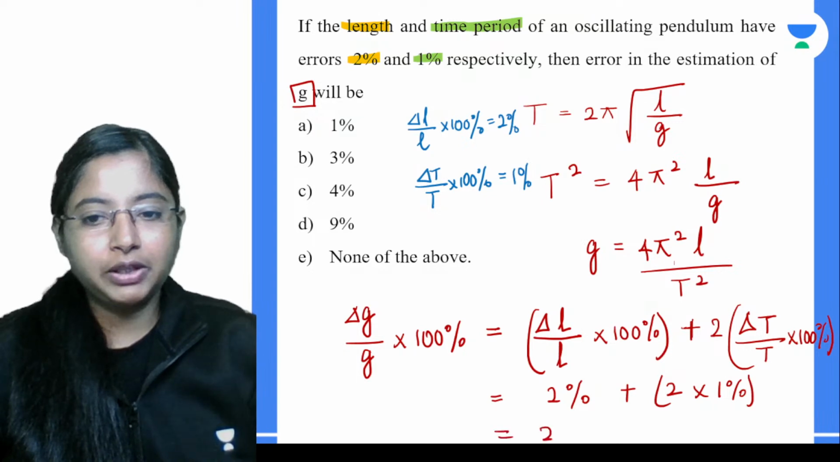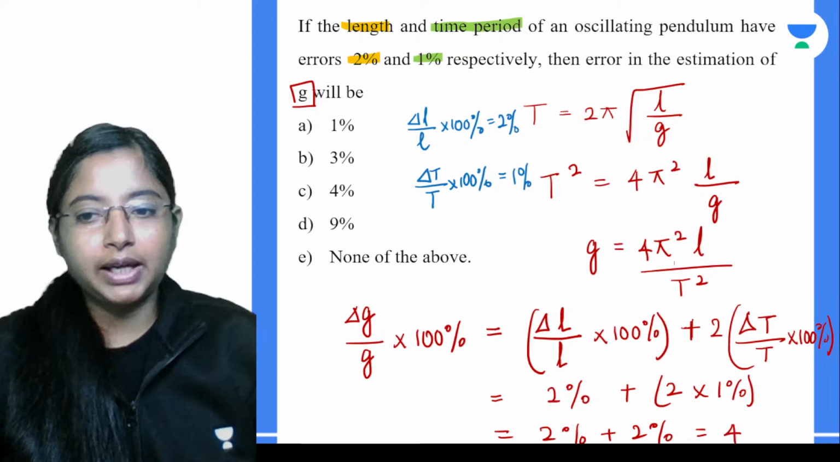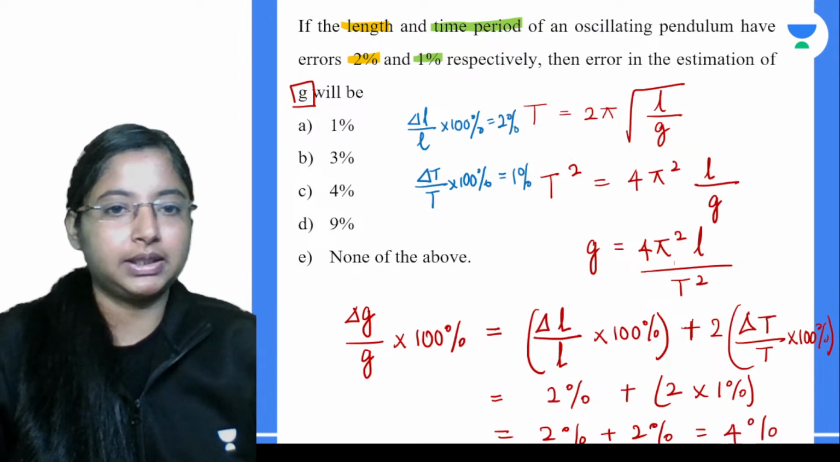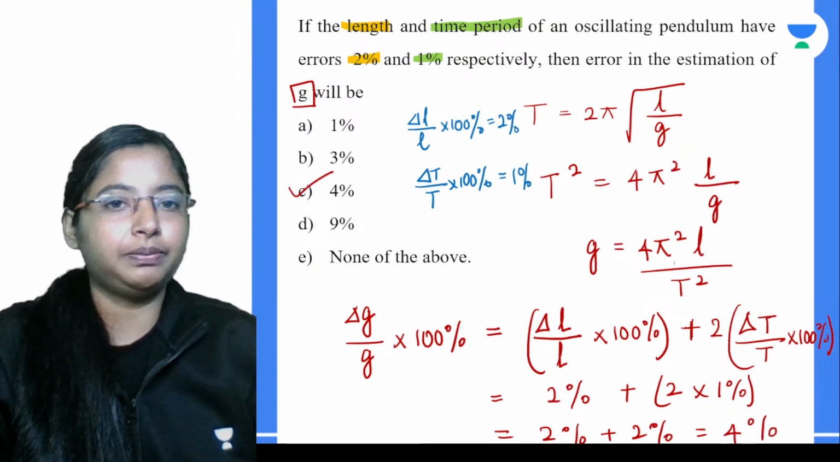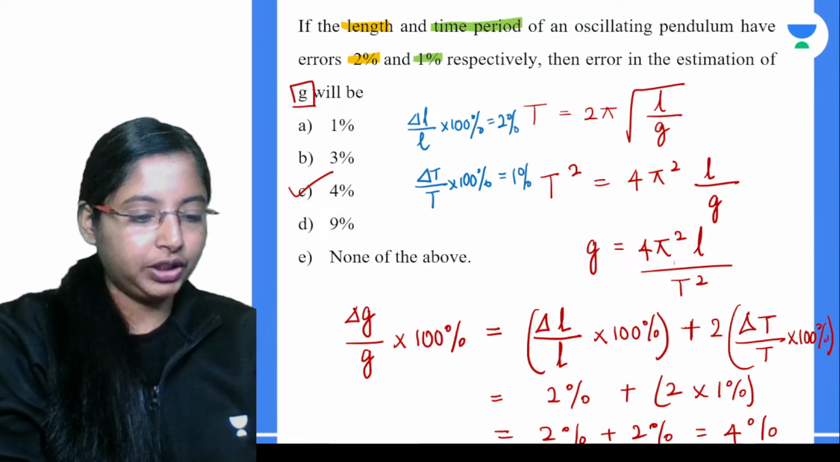So this is nothing but 2% plus 2%. So the error in the final quantity will become 4%. This is the error in G. Okay, so with this we have actually done